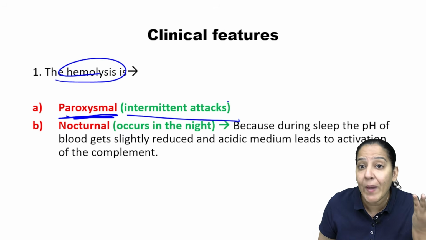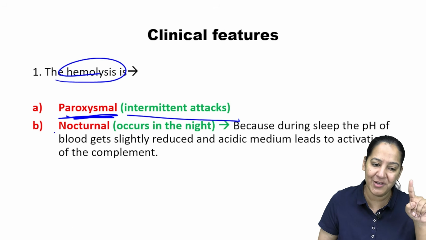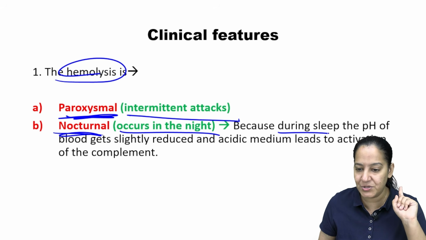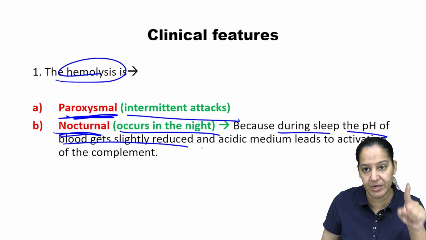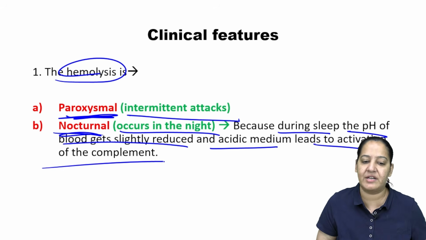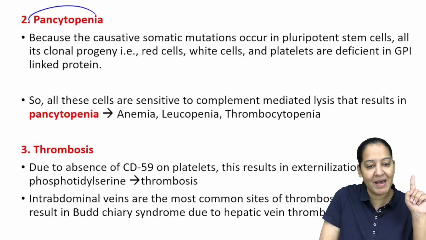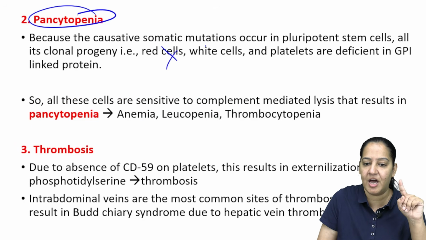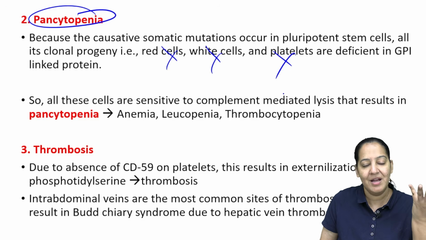Whenever the person is awakened, at that time hemolysis is not there. And usually it's nocturnal, in the night, because during sleep the pH of the blood becomes reduced and acidic, and it leads to the activation of the complement. I explained to you, there is pancytopenia because not only RBC, WBC, platelet, everything is destroyed because the guards are absent